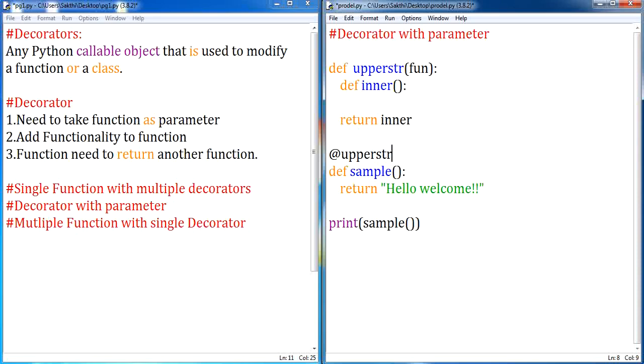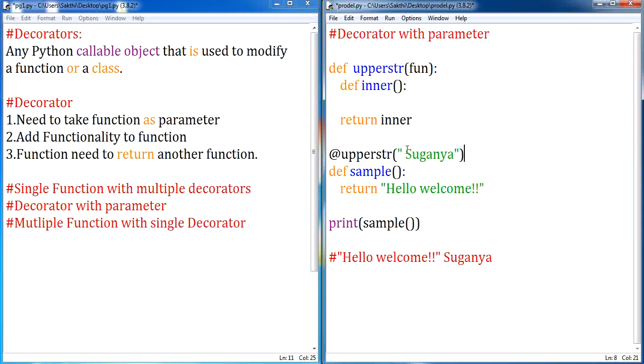We'll make use of the same example for the next topic, decorator with parameter. Here we are going to pass a parameter value for the decorator. Here you can notice that this particular function has a string hello welcome. Let us assume that I want the output hello welcome followed by my name. Hello welcome followed by Suganya has to be displayed. Here this particular string Suganya I am going to pass as a parameter for my decorator. Clear? I am going to pass this string as my parameter for my decorator, and this function has the value hello welcome. So it has to be displayed along with the string Suganya.